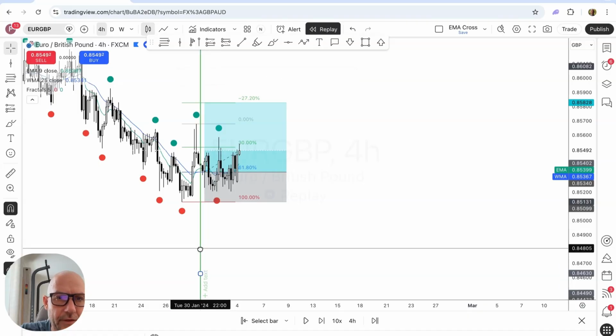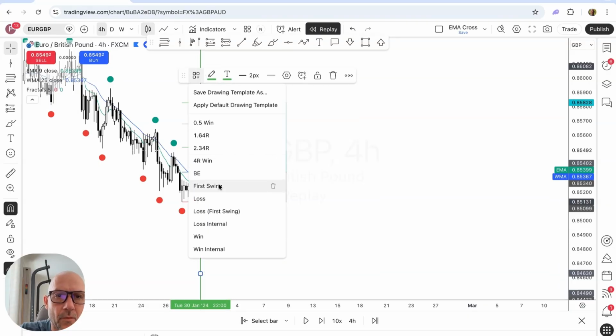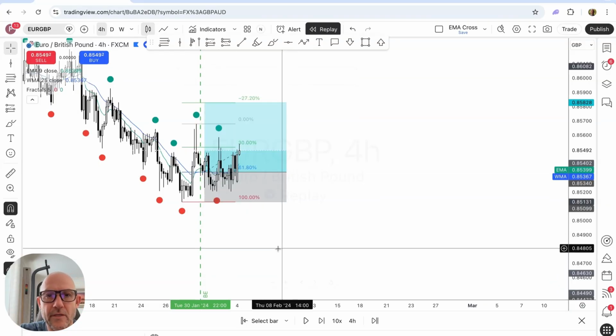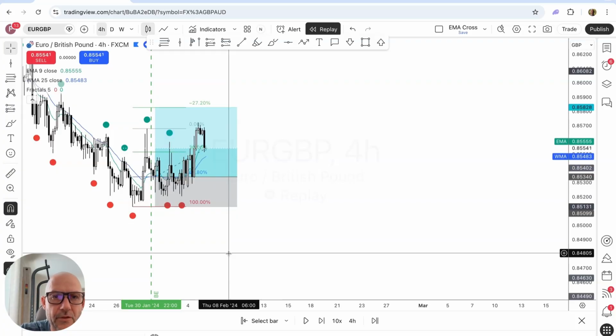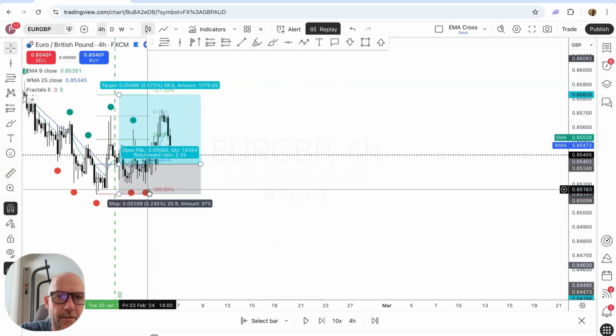In fact, our entry is there. We're going to set this to break even, which I set as a dotted line. And then we're just going to keep moving on. So this trade here,